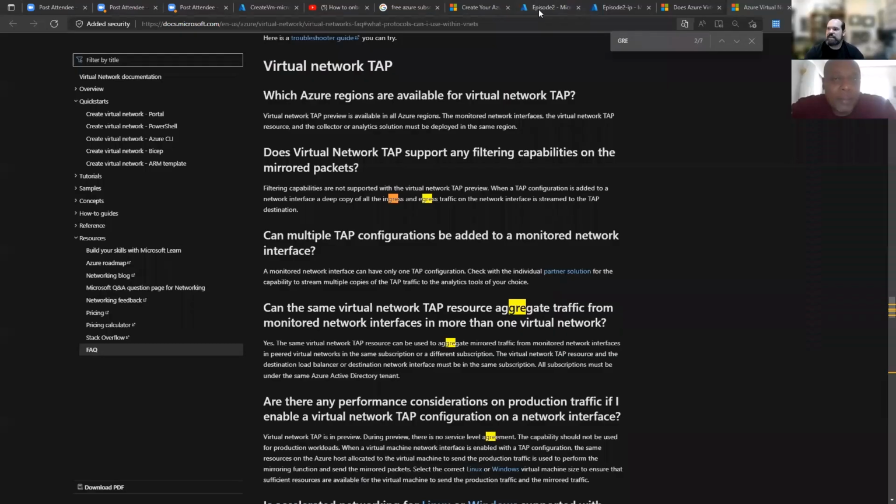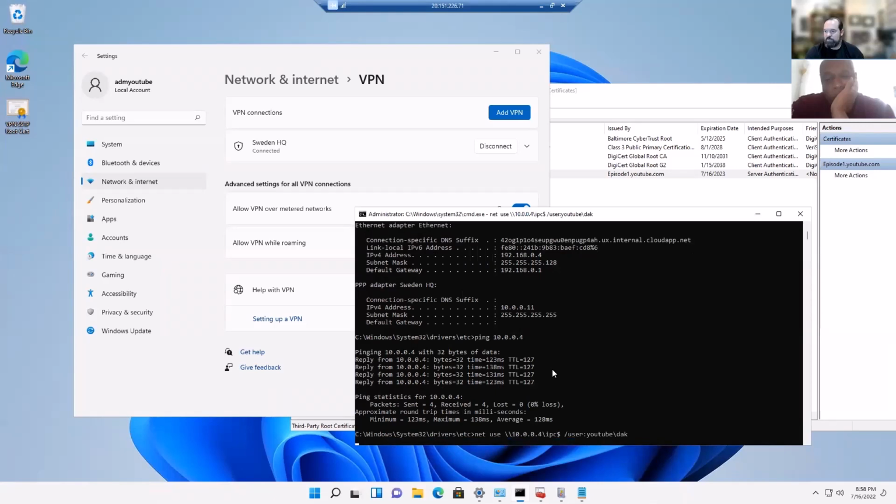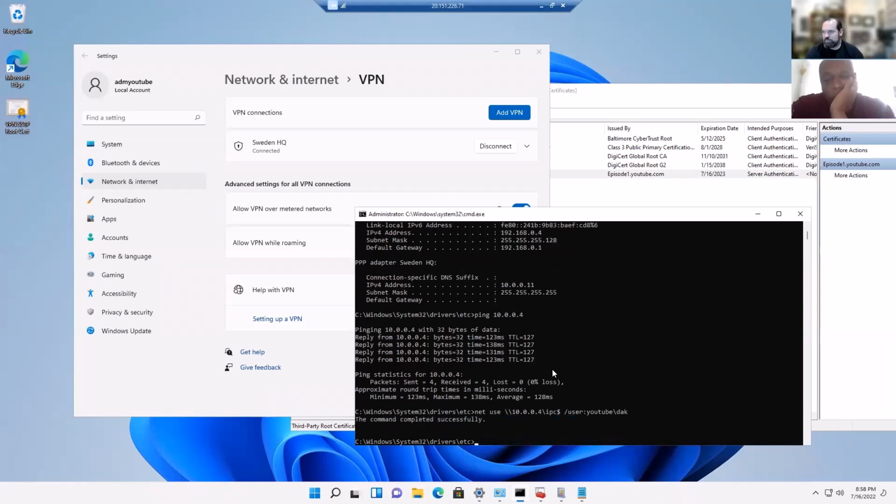Now, if we go back over to Canada, and he's over there, right? So this is him. He just got on the VPN. He's connected. This is kind of cool, this command line stuff. If you do a net use and then the name of the server, you can then connect to this IPC share. And then it should prompt me for some kind of a password. But now if I do a net view